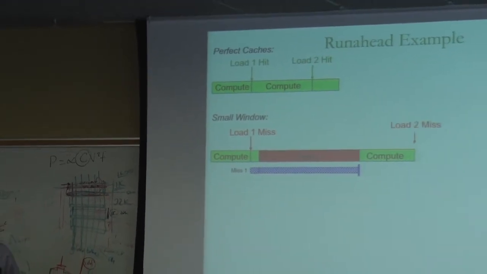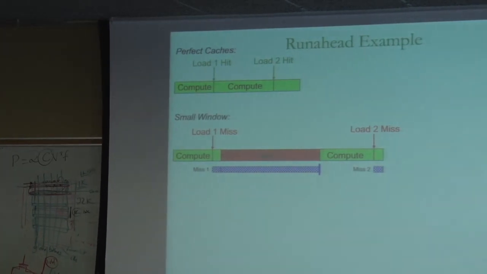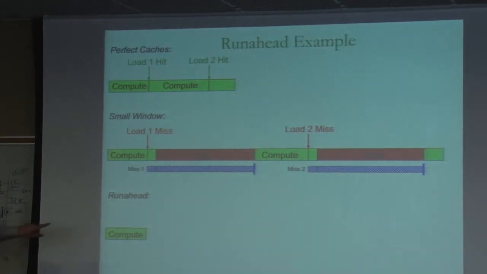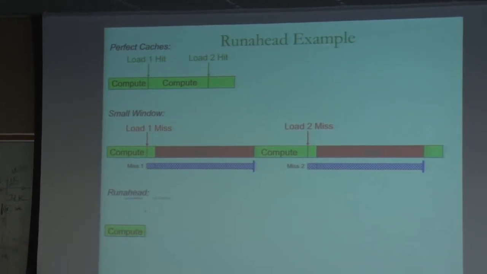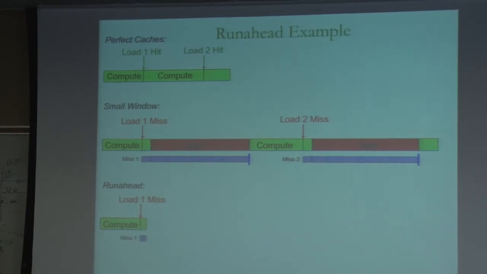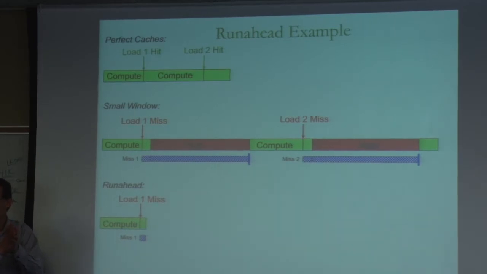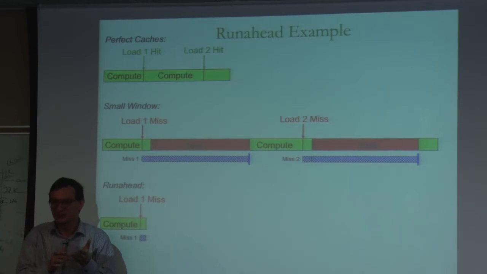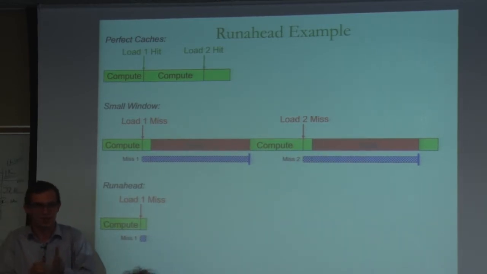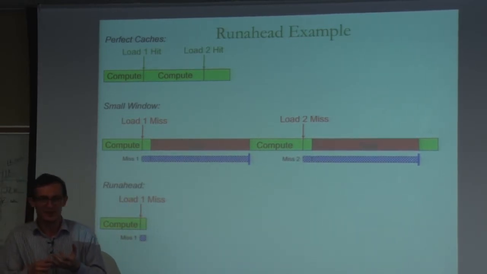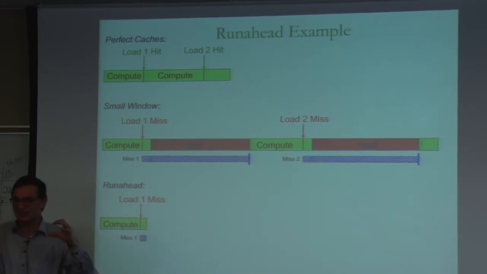And you can continue fetching instructions until you get a load miss. Same thing happens after that, right? So the idea of run-ahead execution is, instead of stalling when you get this long latency cache miss, when this long latency cache miss instruction becomes the oldest instruction in the window, you take a checkpoint. And the checkpoint consists of the register file state and program counter for correctness reasons, because you're not going to go back to that, and some other things that we've discussed, like the global branch history register and the return address stack for performance reasons, because that's related to the context at this point, right?